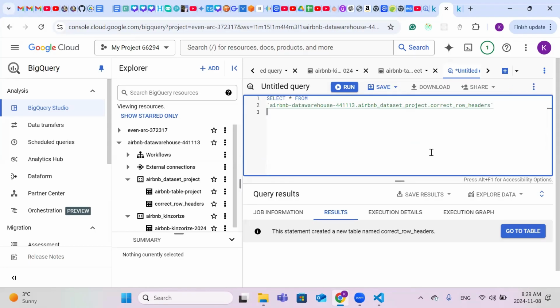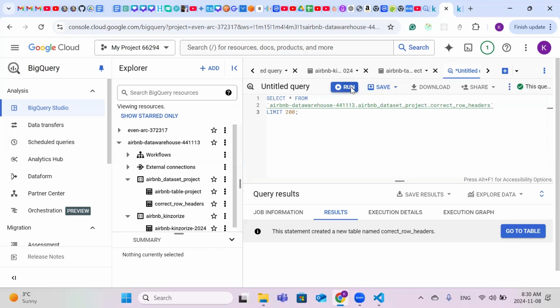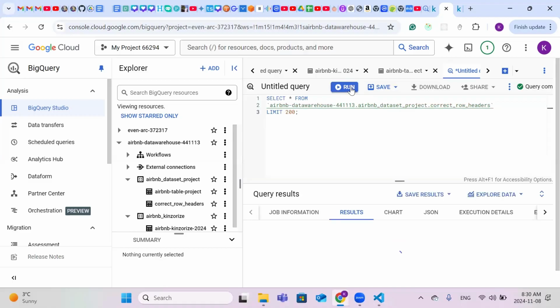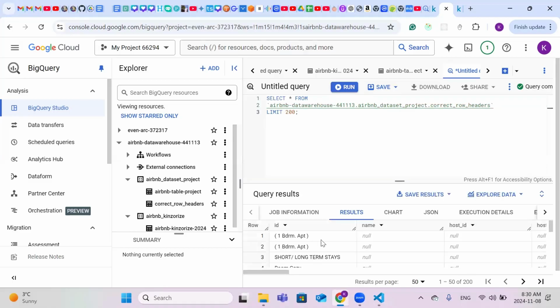So let me limit it to 200. Let me close it and let me run it again. This is our new table we created. You can see this is our new table with